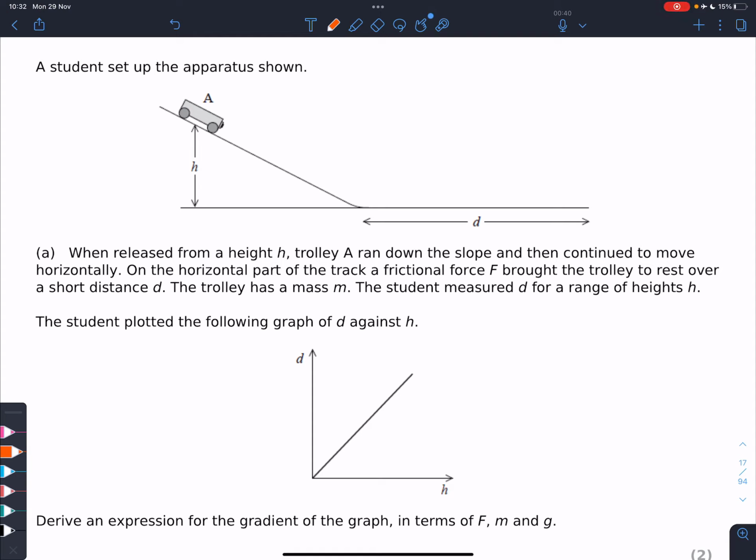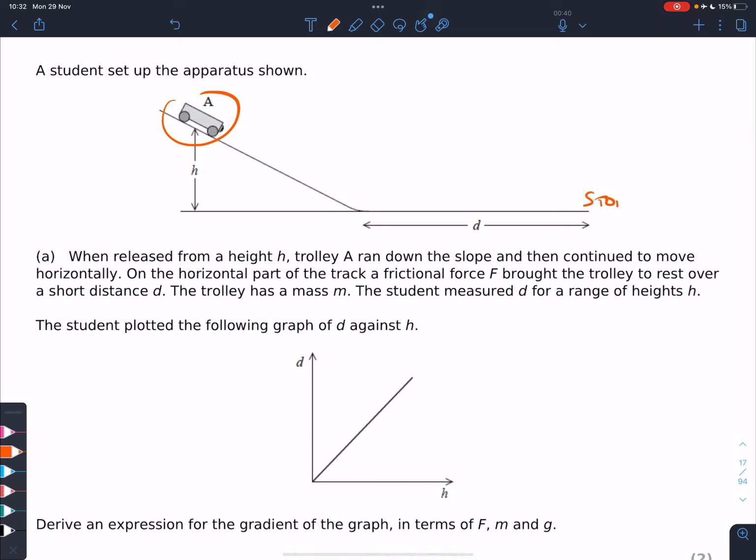Right, so let's have a look at this question. This is a question about a trolley rolling down a slope and then stopping here. It stops because of the friction for this part. And the idea of this type of question, anytime you see a height and some sort of movement, is